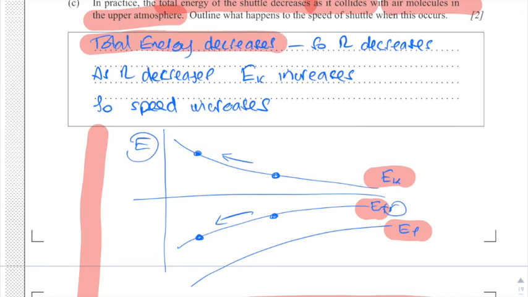So if that happens, and if we now look on this graph, here's ET, this is this curve here. If the energy decreases, becomes more negative, and I'm taking it more negative by going down here, follow that line. Let's say we start here. If I go down here, my total energy is decreased. It's become more negative. What's happened to the radius? Well, it's reached that point. The radius has decreased from that point to this point here now. So the radius